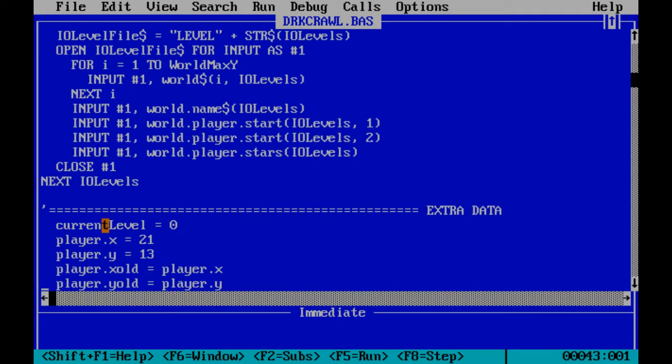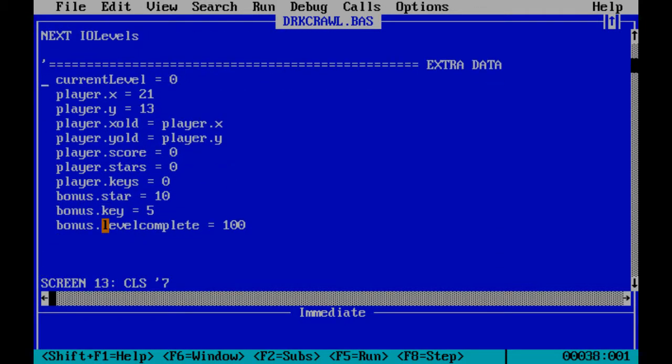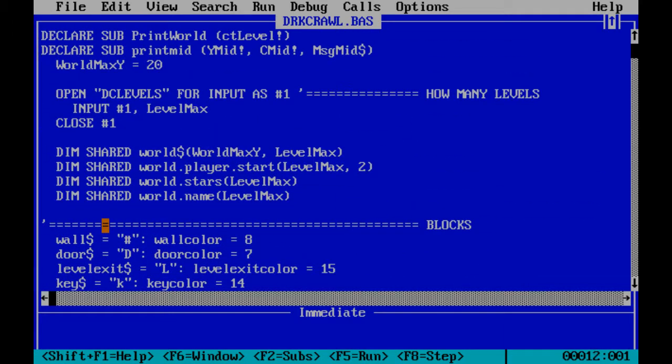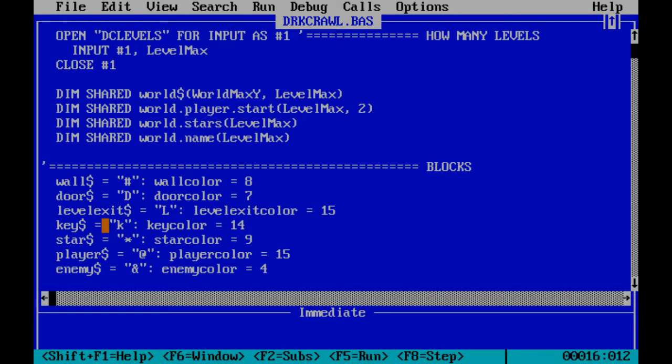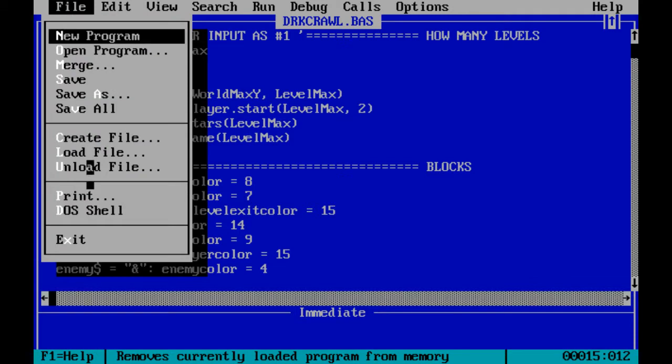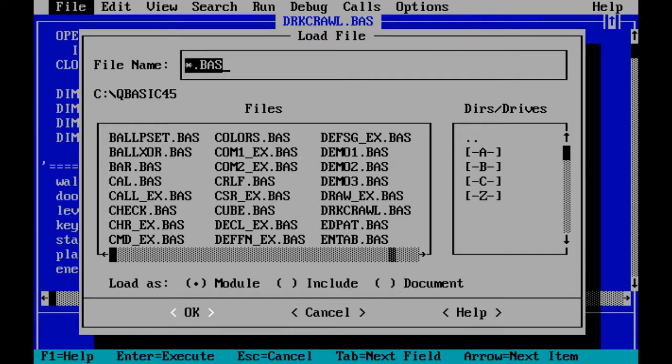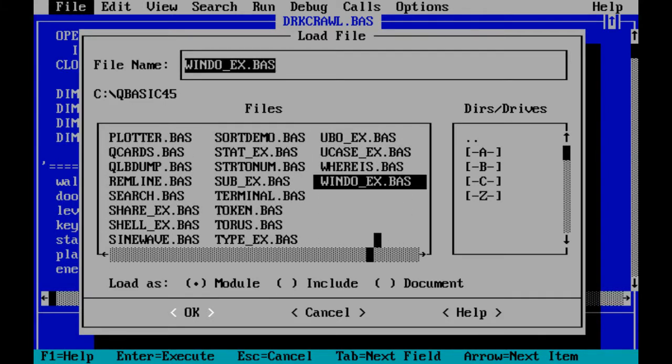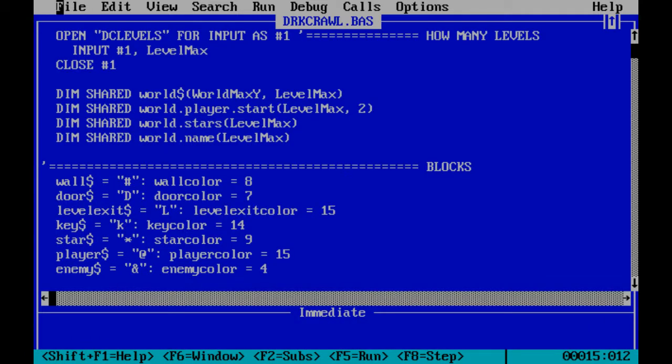I haven't converted them into numeric values, so actually these little variables are kind of worthless, because the levels are actually written in just these characters, so it doesn't matter too much. Now I have a couple files, and if I load files here, that's just a bunch of examples from the QBASIC package, so I'm not really interested in them, but there should be, let me exit,